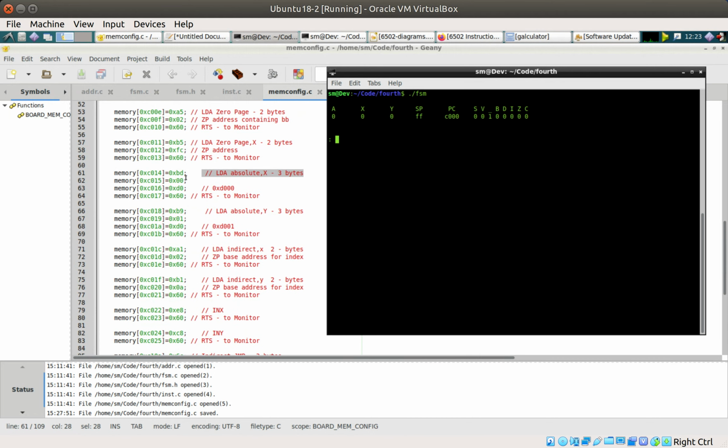So post that instruction there, once that instruction is executed, then we would expect that DA will be loaded into the accumulator. So if we say go on C014 and then display the registers, and indeed we do see that DA is in the accumulator, and that the program counter has been incremented to the point after the RTS instruction, which is bang on, because the RTS instruction is only 1 byte, and therefore C018 would be the very next